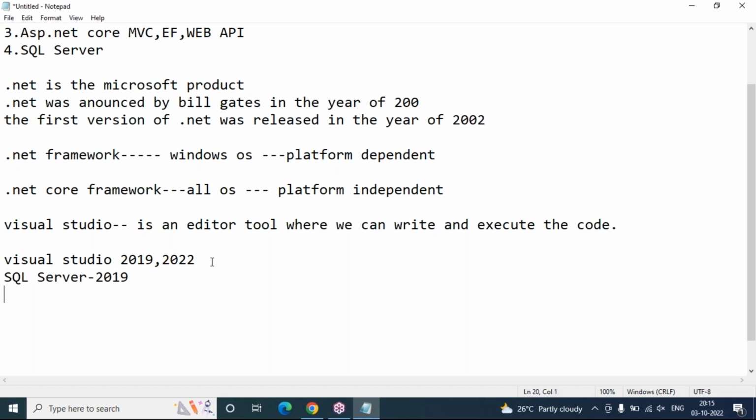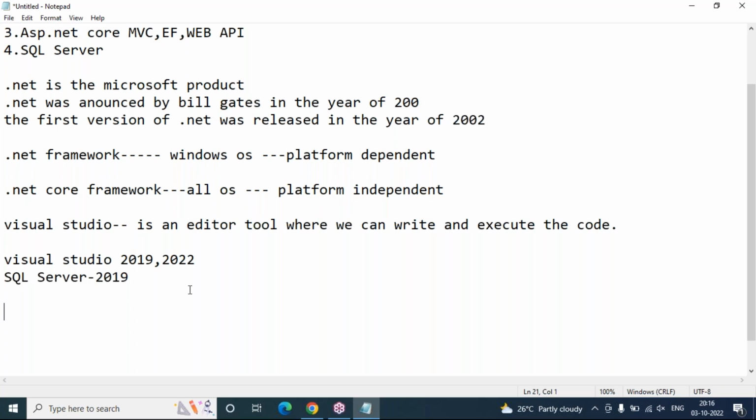Once I am ready with these two softwares, what configuration is required? No special configuration; Windows operating system 10 or 11, whatever it is. Also minimum RAM of 2 GB or 4 GB is enough. Hard disk space of 20 GB is enough, because Visual Studio takes around 5 to 6 GB of space and SQL Server also takes around 5 to 6 GB. This is the basic configuration. A huge configuration is not required for .NET applications. But make sure you are ready with Visual Studio as well as SQL Server, compulsorily, because once we are ready with this, we can start development of applications.